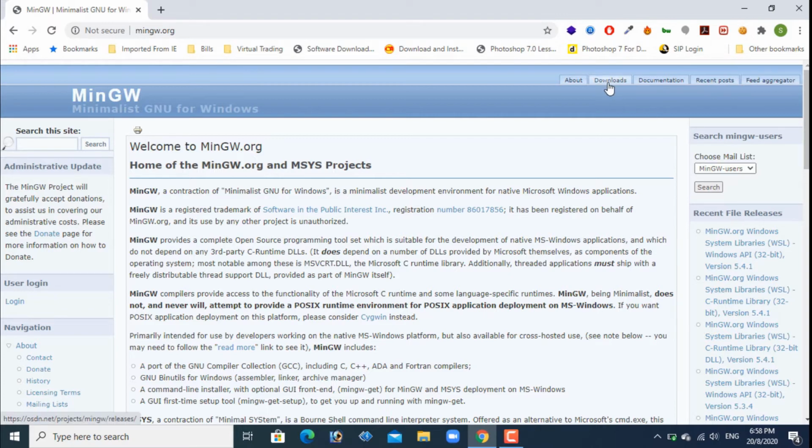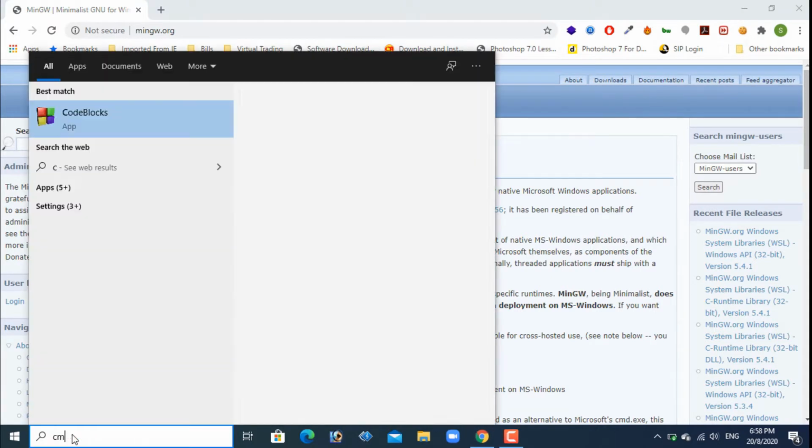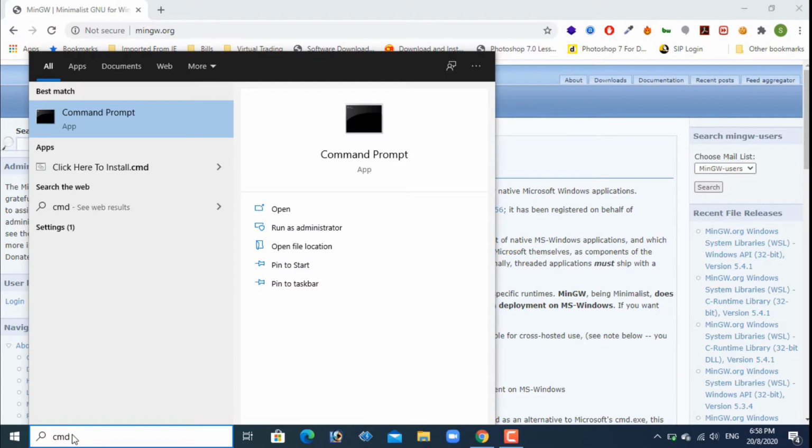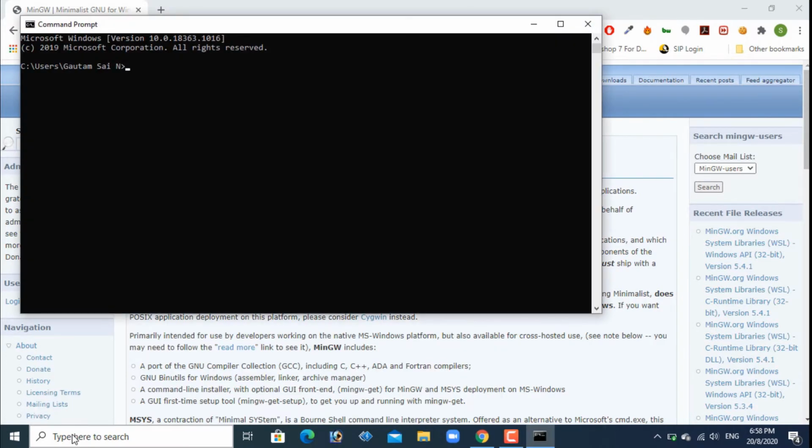Before downloading it, I would like to show you one thing. We will go to command prompt, CMD, and check whether the GCC compiler is installed in our system or not. For that, we need to type the command GCC.